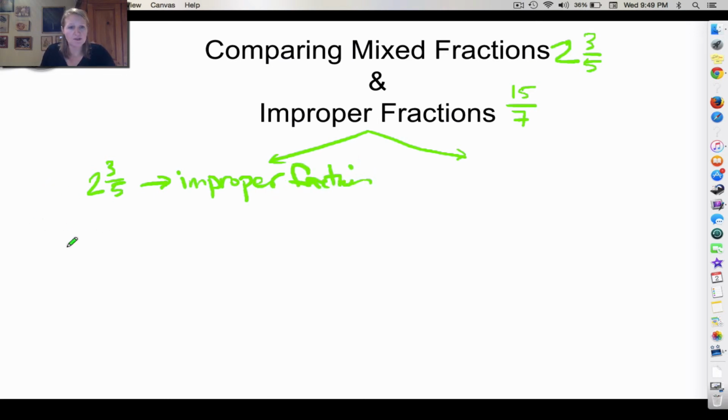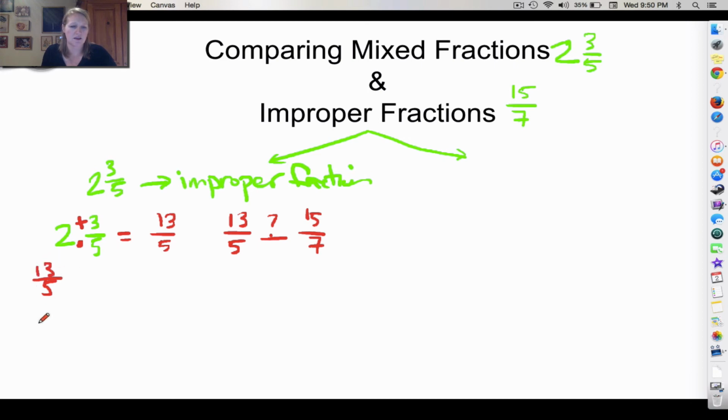Okay, and what we do, in case you've forgotten, which is fine, is multiply 2 times 5, and then you add 3. So 2 times 5 is 10 plus 3, so this is actually 13/5. Okay. And so the question that you're really being asked is, is 13/5 greater than or less than 15/7? So not super helpful, right? Because now we have two different denominators. We're comparing like apples and oranges right now. So then you would go back to your common denominator idea and maybe just multiply